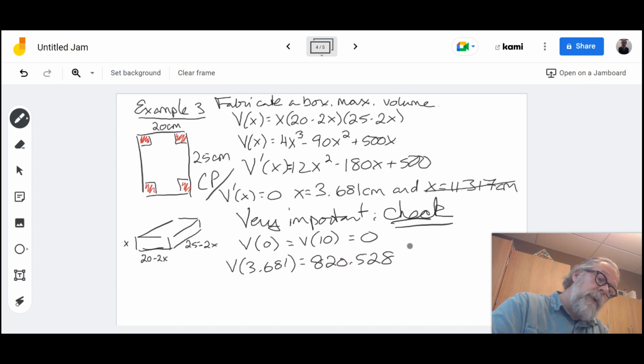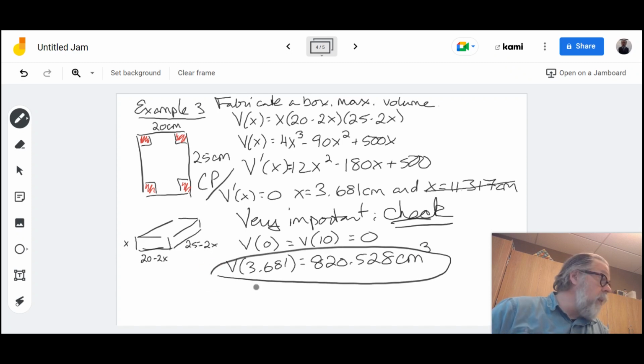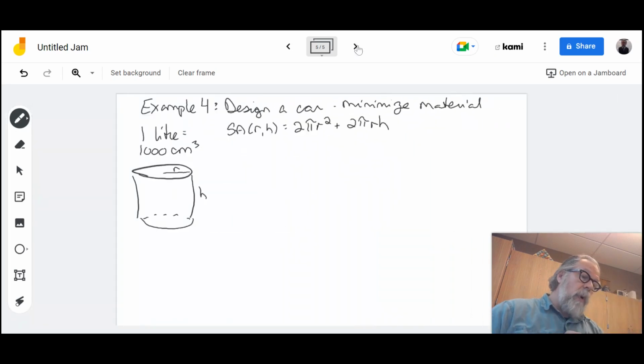820.528 cubic. Well, I said centimeters. My paper says inches, doesn't really matter. So there is our optimal situation, which is that when we cut out 3.681 units from each corner, squares, we will maximize our volume. Next example, example 4, we are designing a can, and what we want to do is